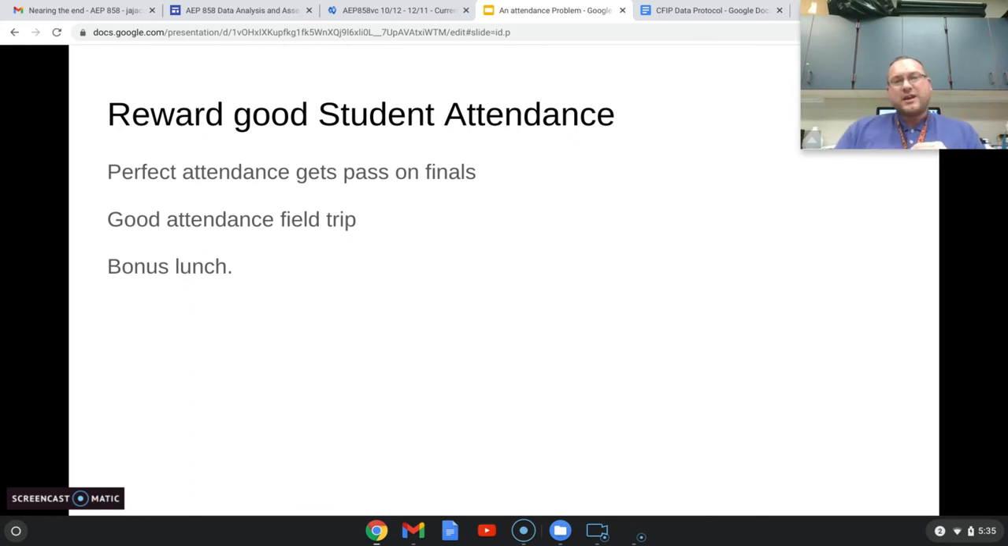So, for example, one could be perfect attendance gets a pass on the finals, meaning you don't have to take your final if you haven't missed a single day, unexcused. Or perhaps a good attendance field trip, meaning those students that have 5 or less absences the entire year get to go on an educational / fun trip at the